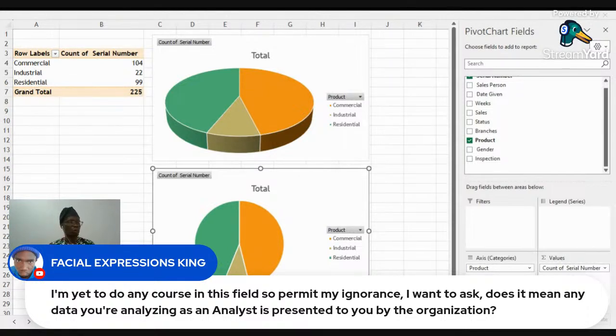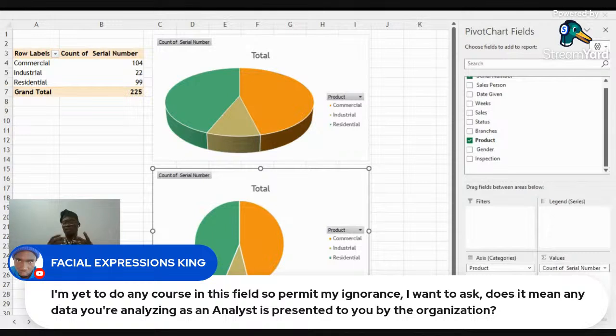In some instances, when it is an open project, they will ask you to get the data, for example data that is online or on another platform. But if it's an organization, let's say a car company, and they want you to analyze their data, they have a record of their sales, for example, and they will give you that record to work with. But when they don't have it, you can negotiate and discuss with them, then help them create the platform where they can get the data and then make it available to you.